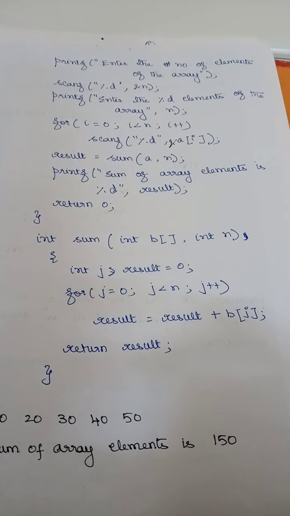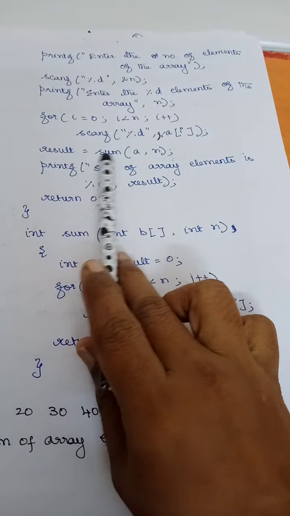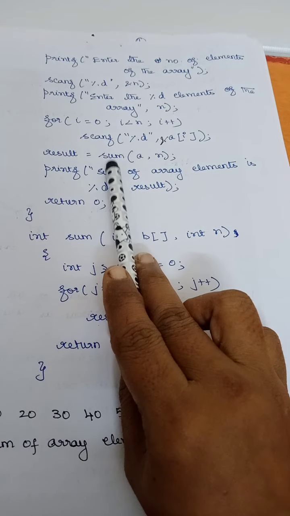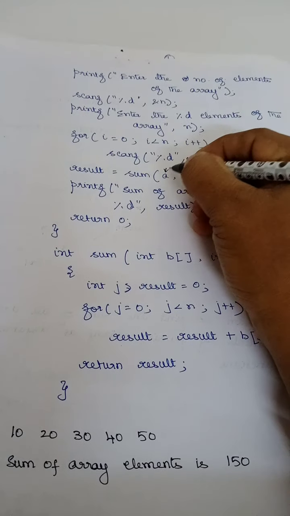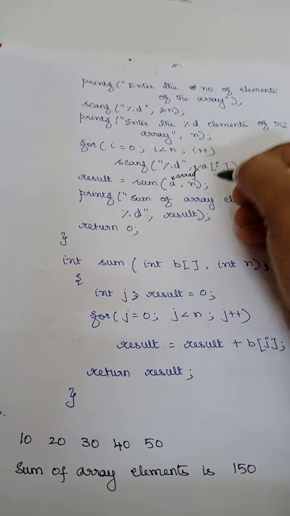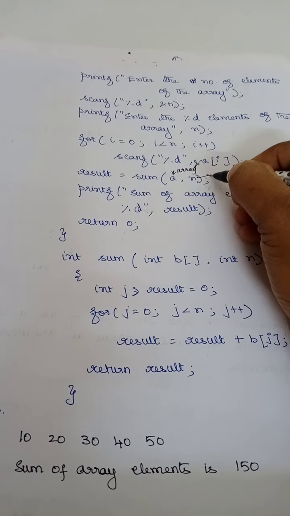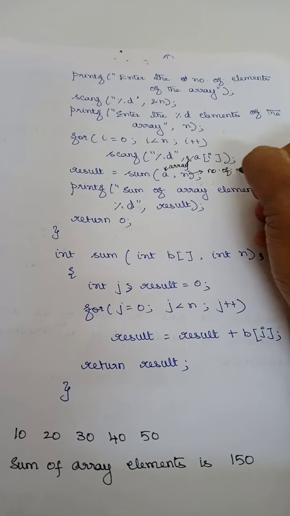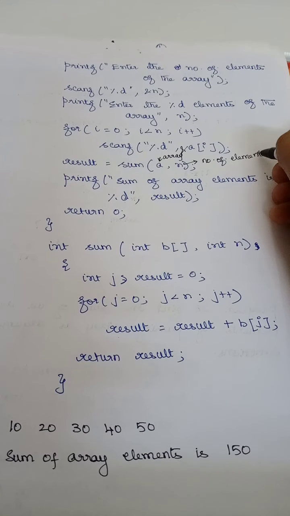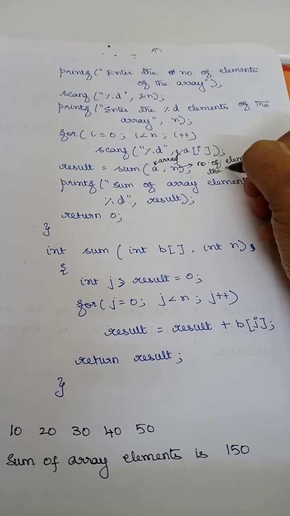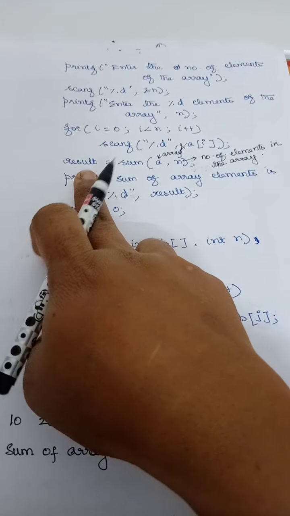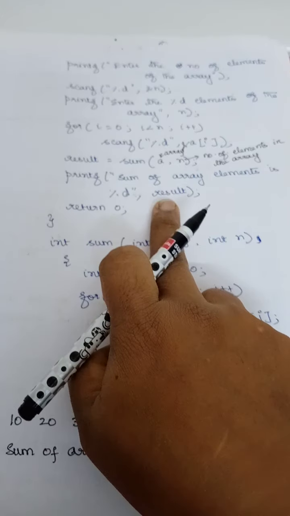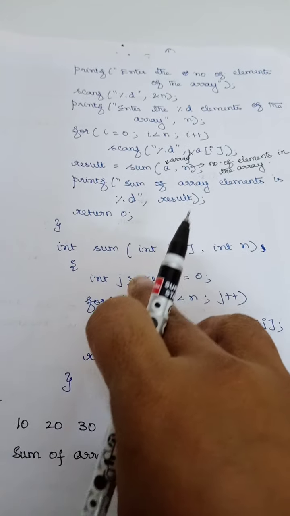Right. Now I am going to call the function. So what is the function name? Sum. And here I need to pass an entire array. A is going to be an array. While passing, I need not have a square bracket. And n is going to be the number of elements in the array. Now, in the printf statement, whatever result I am getting from sum, I will store it in result and I am printing the result. Right? Return 0.